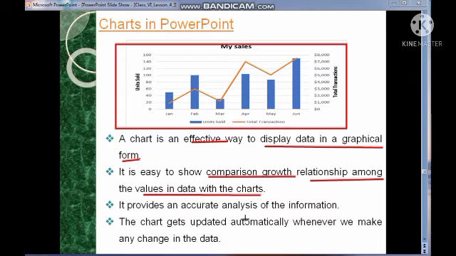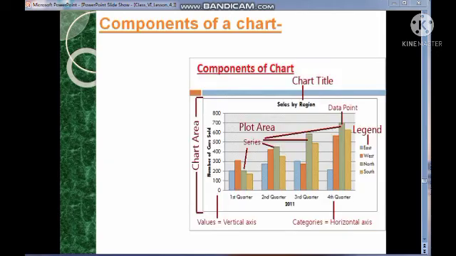It provides an accurate analysis of the information, and the chart gets updated automatically whenever we make a change in the data. So what is a chart, and why do we use a chart? I hope you all understood each and every point very well.